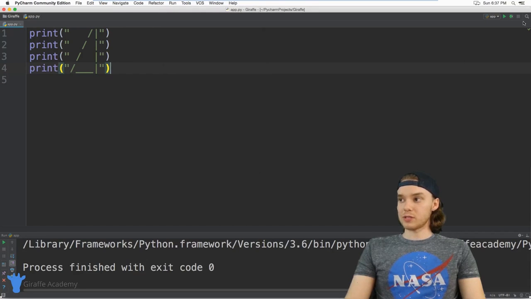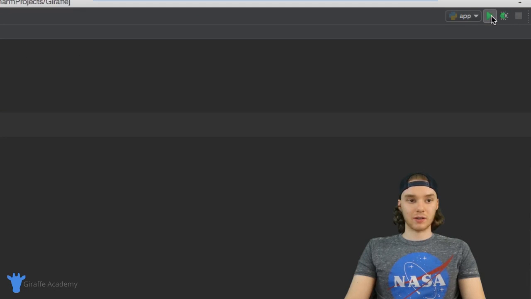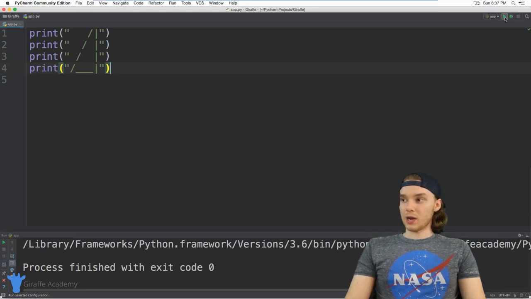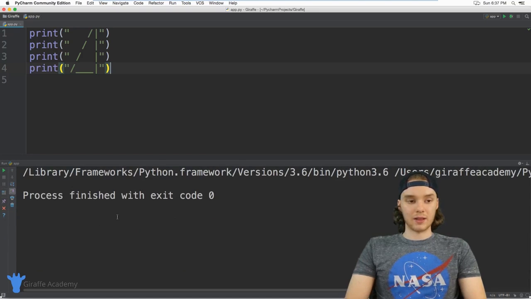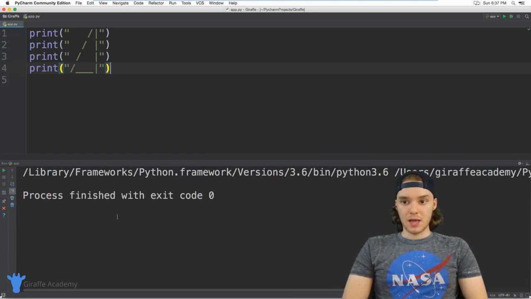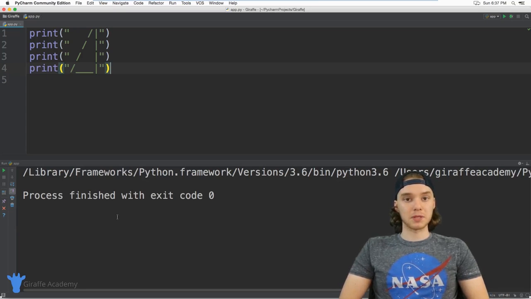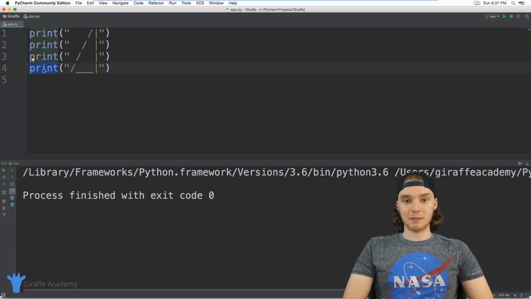app, or if you're using PyCharm, you can also just come over here and click this play button. And when I click the play button, I want you to notice what happens down here. So down here, we have this little window, and this is called the console. And basically the console is just a place where Python is going to output some information. So when we use this print statement, we're basically telling Python like, hey, can you print something out onto the